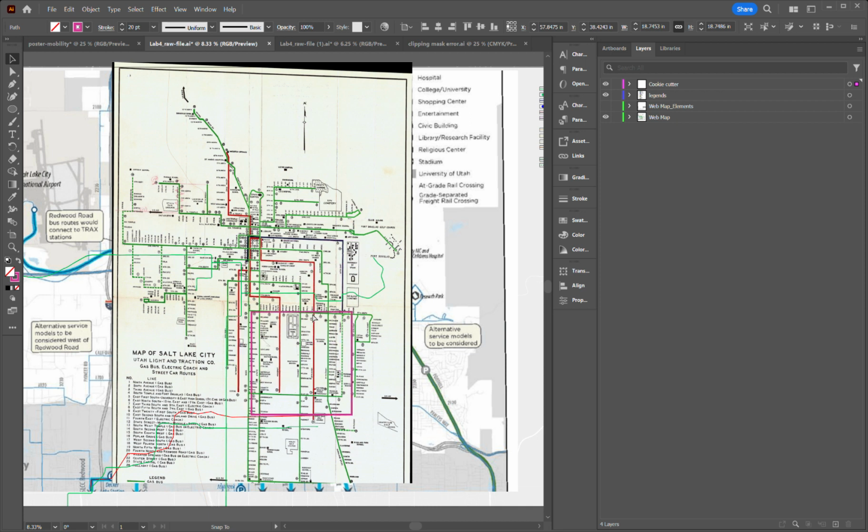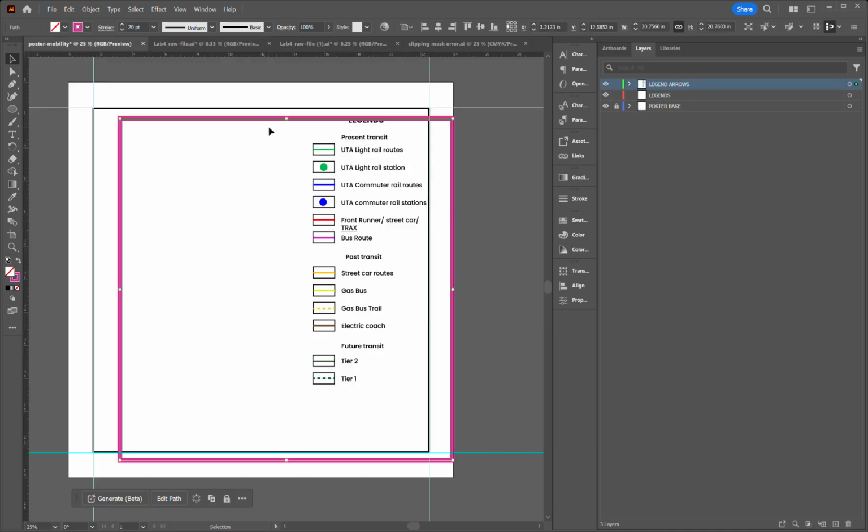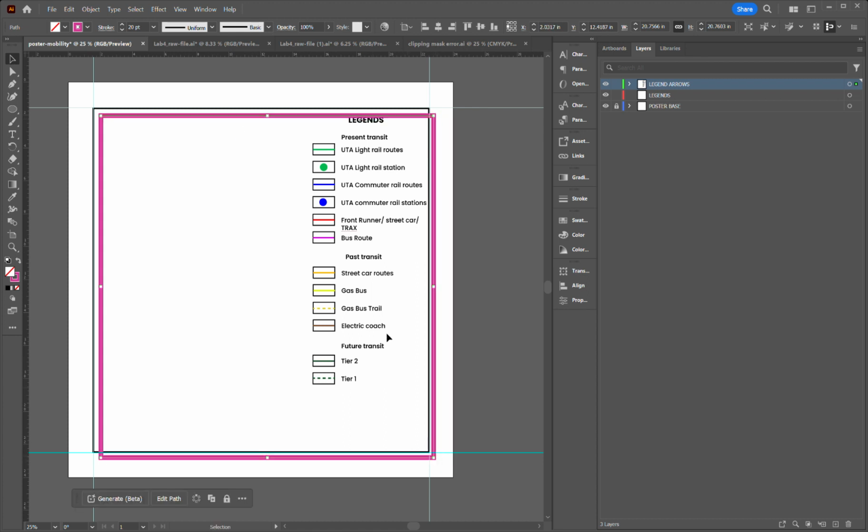And then choose the section or the area that you want to show in the map. I prefer having it at the center part of the map because it has a lot of lines and everything, and I think it covers most of the part. So you can select any region that you want to add. Just make sure that you copy this line and add it to your poster,